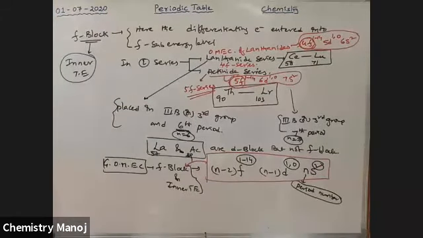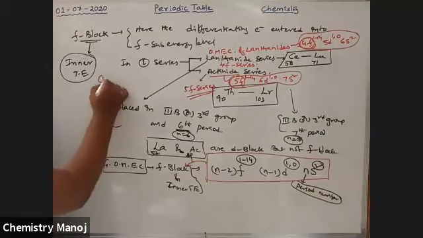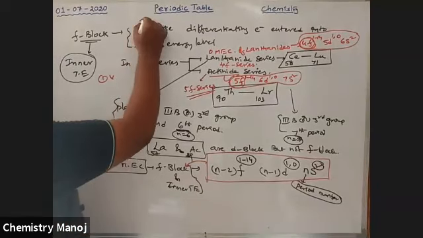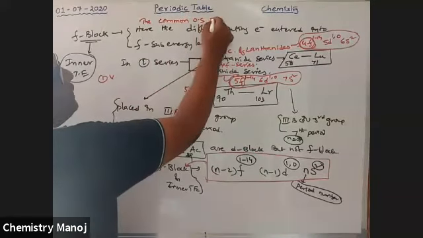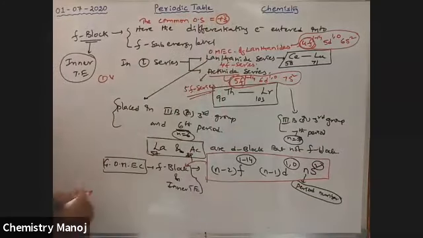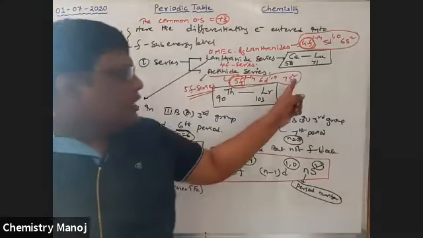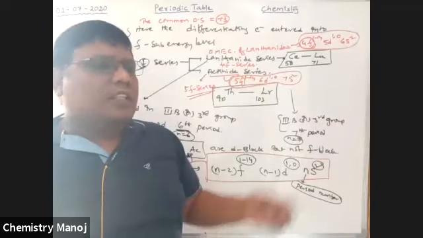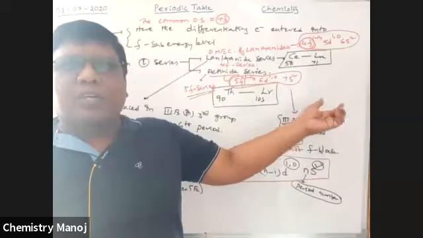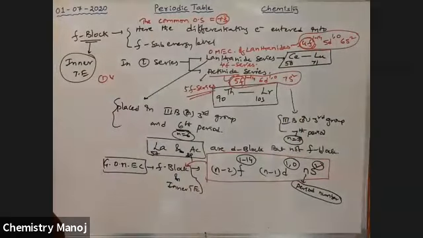This is for lanthanide, this is for actinide. Next, just like in transition elements, that is d block elements, these can also form oxidation states. First one, the common oxidation state is +3 for f block elements. Why, sir? These electrons are generally easily removed. Losing 3 electrons gives a +3 charge, so +3 is the common oxidation state. For d block elements it is +2; for f block elements it is +3.